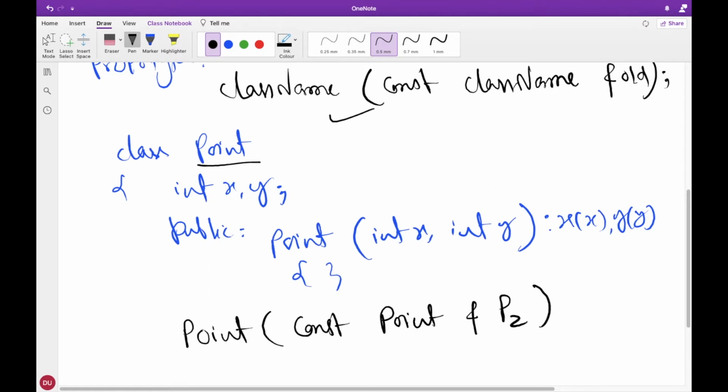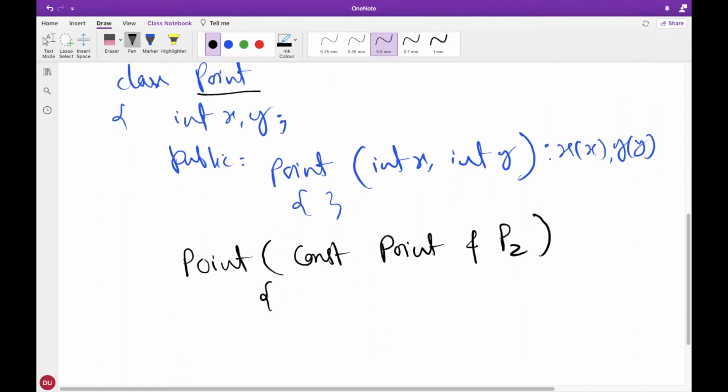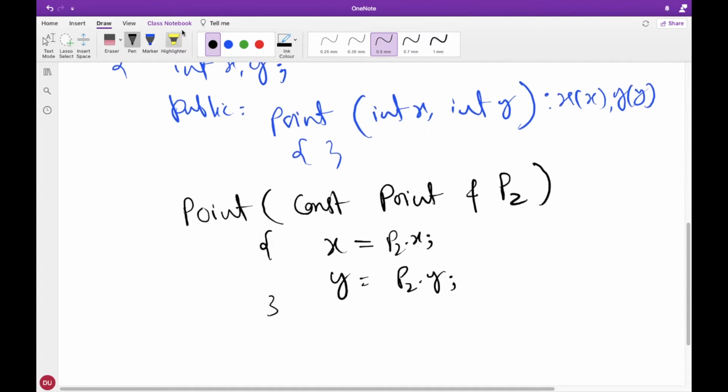Clear? So what we are going to do here is assign p2.x to x of the current object and p2.y to y of the current object. Clear? Now close this class using braces and a semicolon.